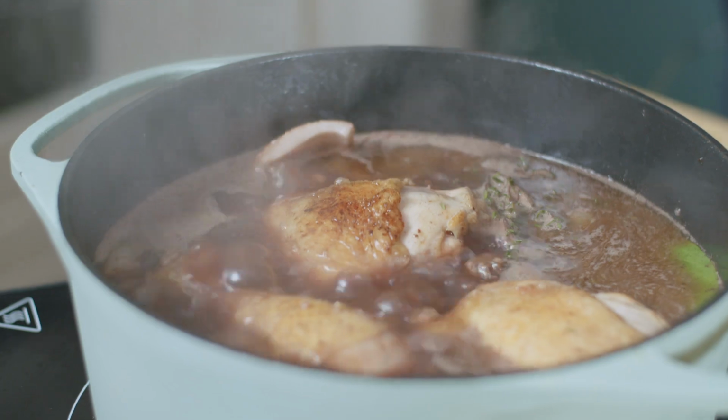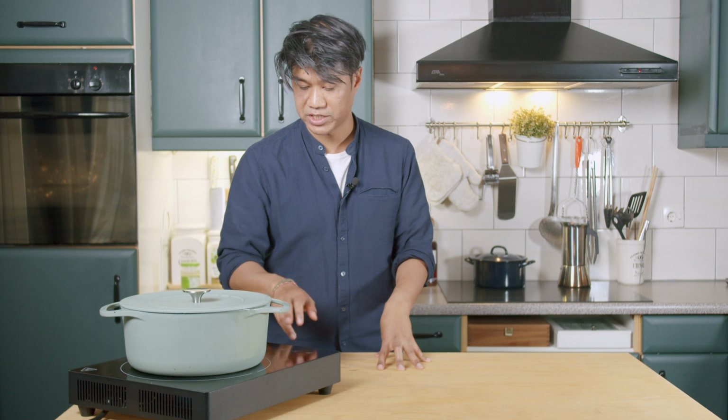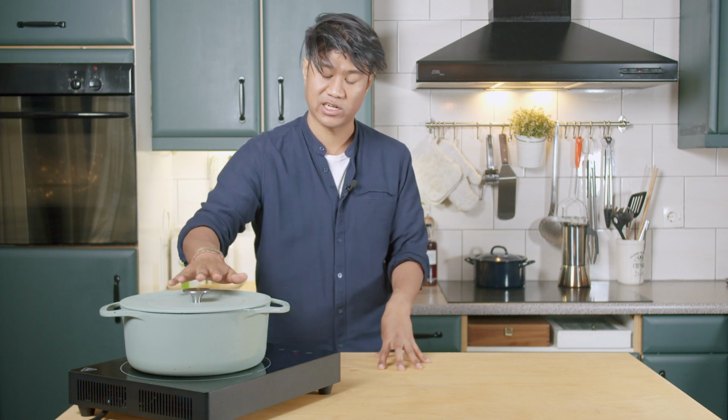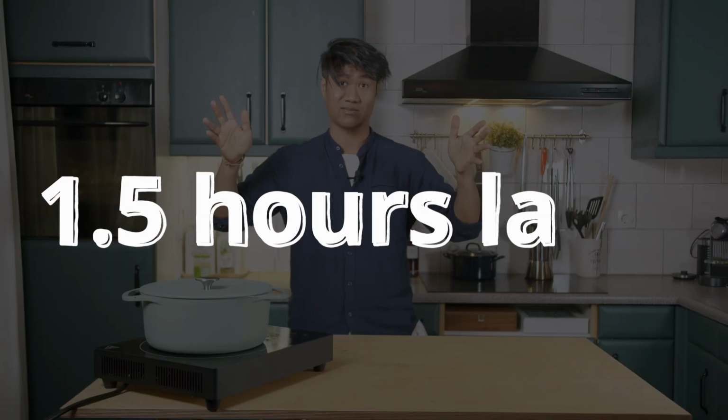Now we let everything come to a boil. So now we know all the alcohol has evaporated. Then it's time to put on the lid and turn the heat down low so it can simmer really soft and gently. So all the flavors will mix together and the chicken will become very nice, succulent, tender. Time has passed, and now...